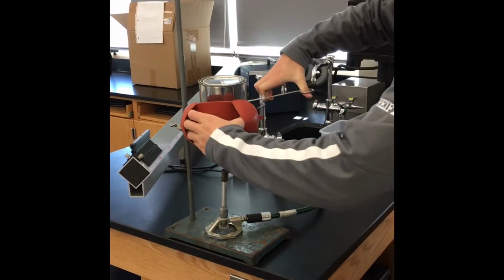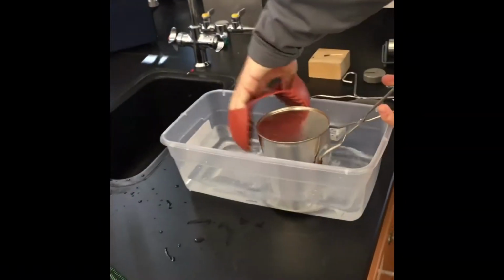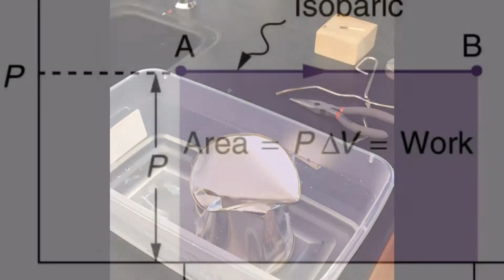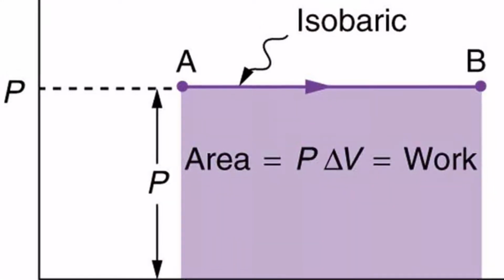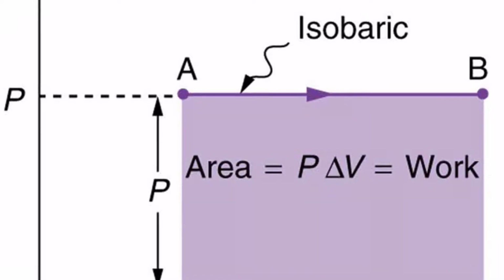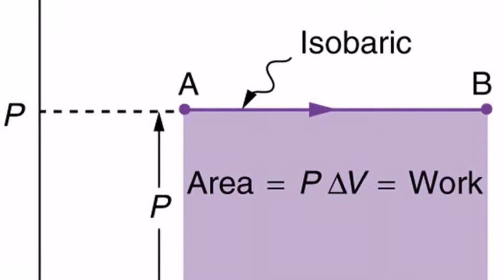This is an example of an isobaric process. The tin can contains some water, and when it is heated, steam escapes through a hole in the lid. When the can is flipped upside down into the water and the hole is submerged, there is a rapid change in temperature. This creates a vacuum within the can, causing it to implode. This happens because the hole is blocked, so pressure cannot change, causing the volume of the can to decrease, allowing